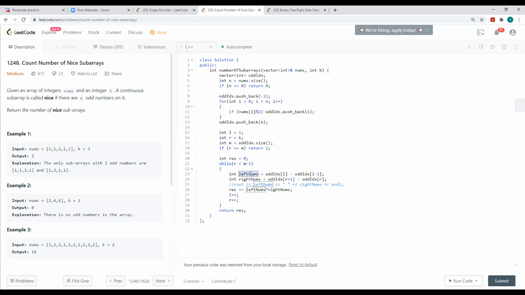So I just take the left subarray in this case and the right subarray. Every time I look at the left pointer where currently I am, and subtract with L - 1. So if I'm here, my L is here, and I take L - 1, which in this case will be -1, right? If I take the difference, this is at 3, and 3 minus -1 will be 4, right? Therefore my left num will be 4 in this case.